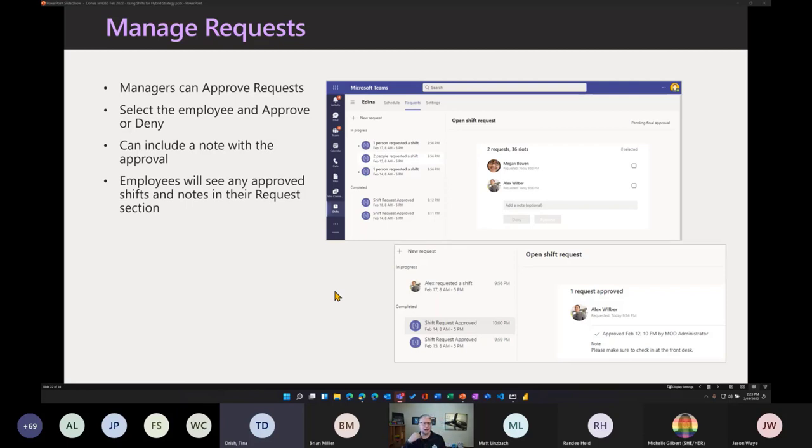This is a section that I see as an administrator to be able to see what those requests are. Say Megan said, I'd like to be able to do these days. And Alex said, I'd like to be able to do these days. And as that owner, I have the ability to approve all if I want to